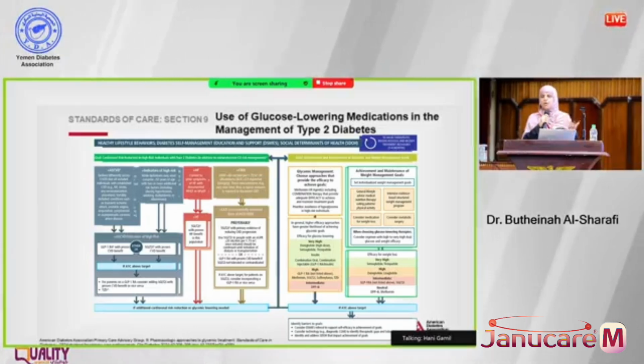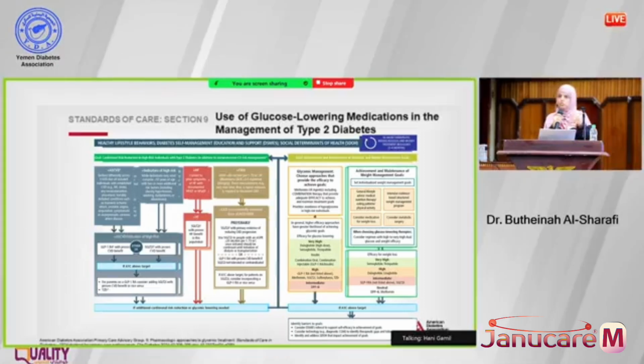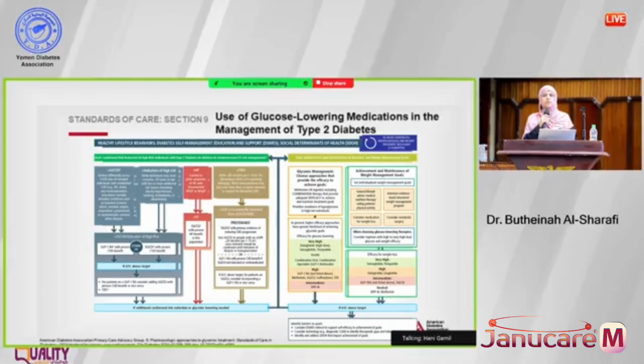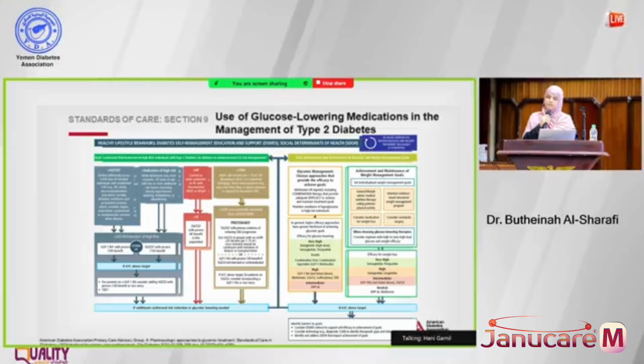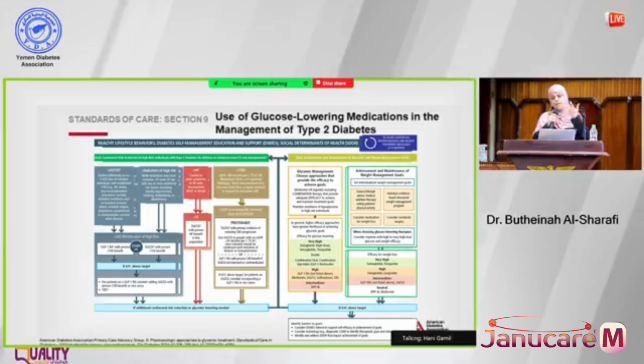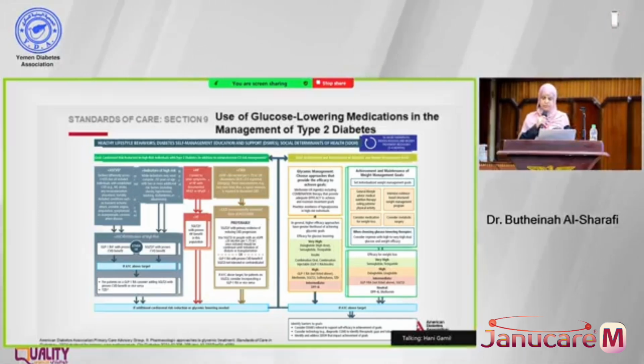And then other thiazolidinediones, we still use them. I know they cause weight gain. I know they cause fluid retention in patients with heart failure. If you choose your patients properly, they're a very effective medication. They're present in all the guidelines, the European guidelines, the American guidelines, and so on. So they're still a good medication to use if the patient is not in heart failure, does not have kidney failure, does not have fluid retention, and is not very obese. Because if they're obese, they gain weight very quickly.